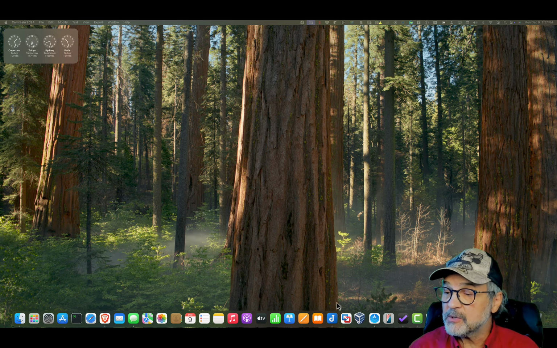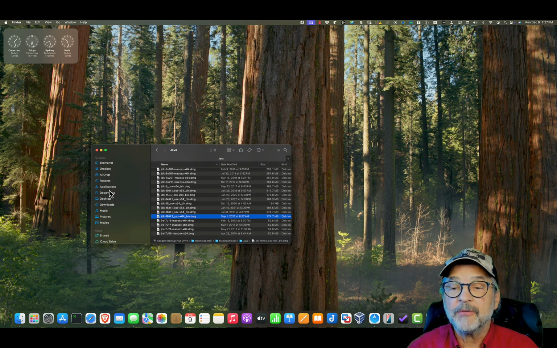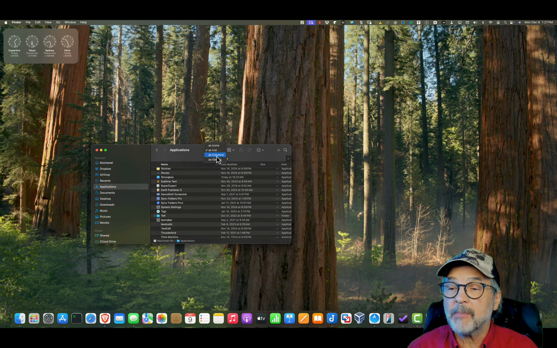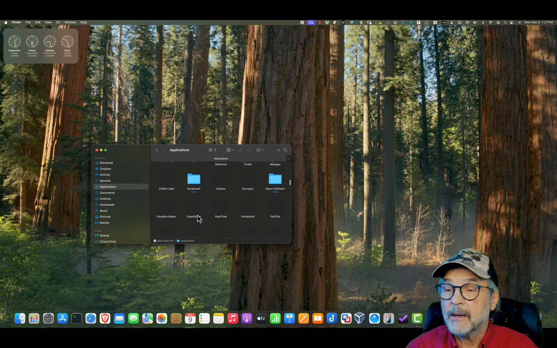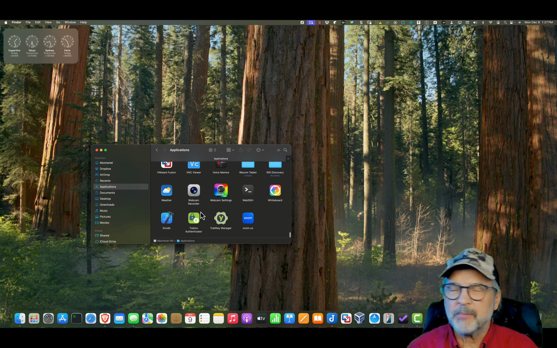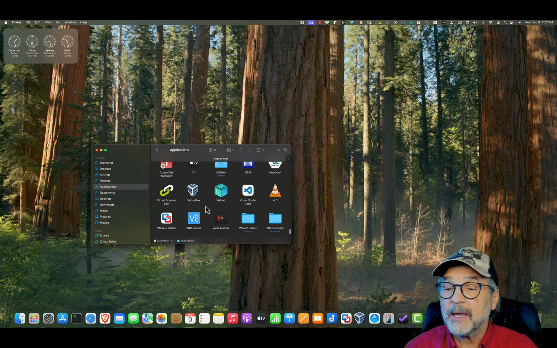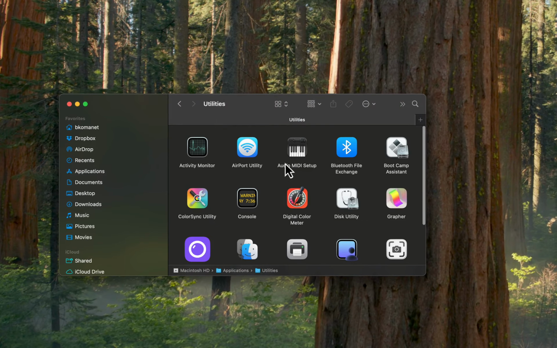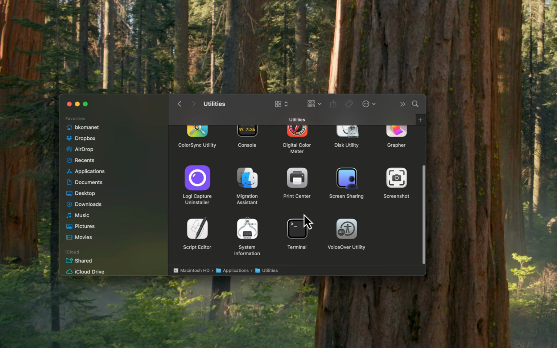Now what I'm going to do is go over to my applications. So I'm going to bring up Finder first, and with Finder I'm going to go to Applications. I'm going to scroll all the way down to the bottom, and you'll see a thing here called Utilities. I've got a bunch of stuff going on right now on this computer, so it's taking a little while. So let's go ahead and find Utilities. There it is right there. I'm going to open that up, and I'm going to open up Terminal.